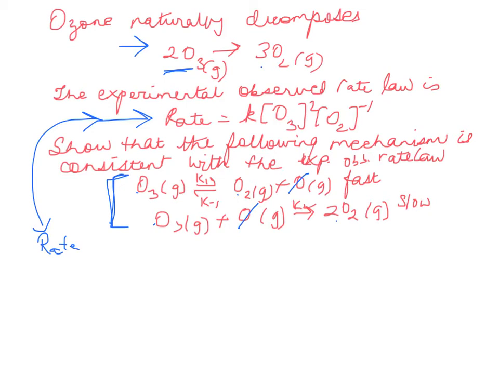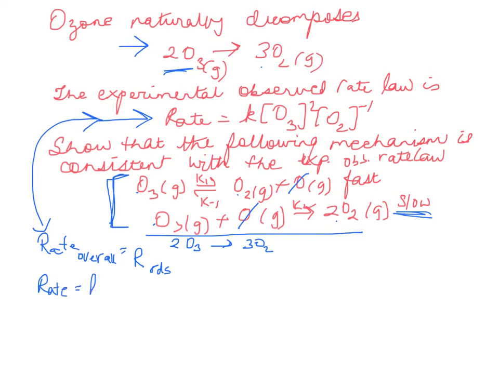So first things first, you would say that the rate of overall reaction is going to be equal to, and if you wanted to write the overall, you can do that again. So oxygen, oxygen cancels, 2O3 gives you 3O2. That's what we are trying to figure out. And I said that rate of overall reaction is going to be rate of the slowest step, the rate determining step. Since rate determining step is the slow step, we would be able to say that the rate should be equal to K times, and it's K2 times O3